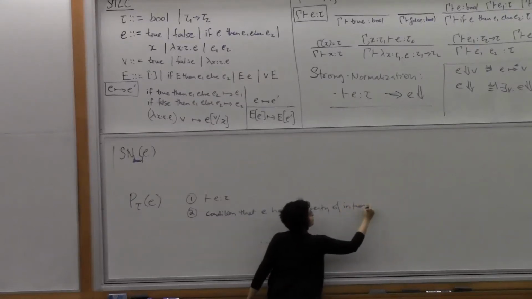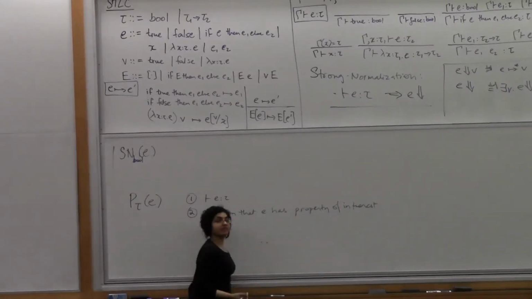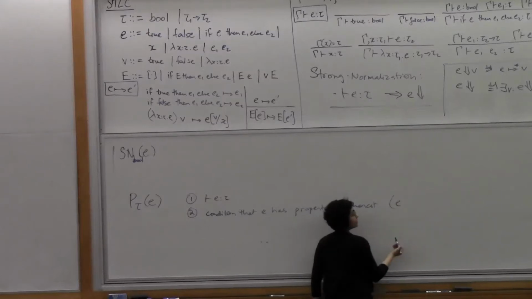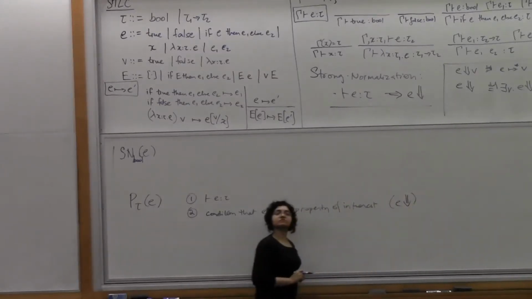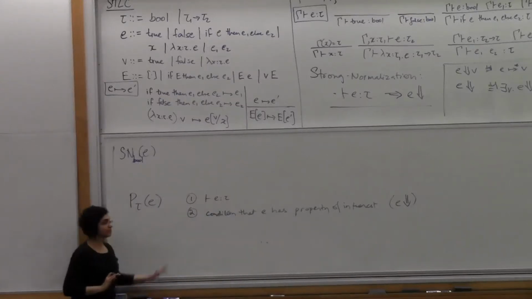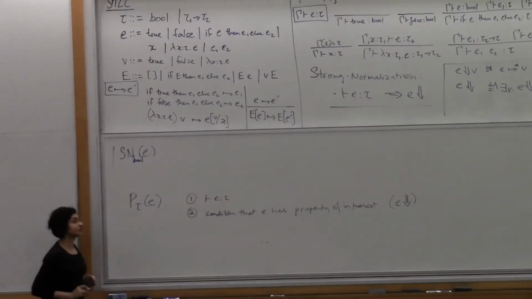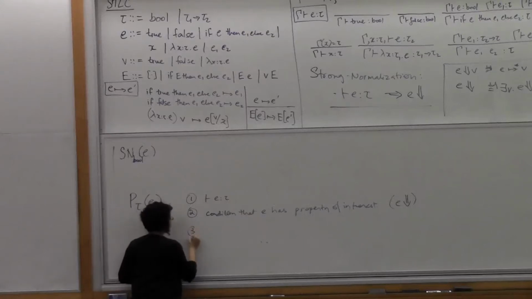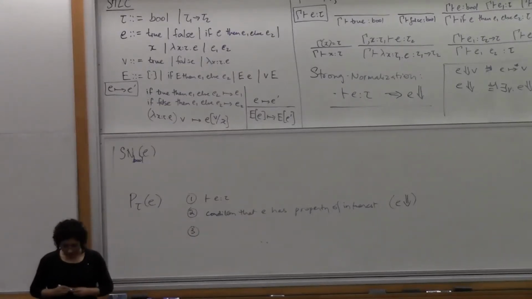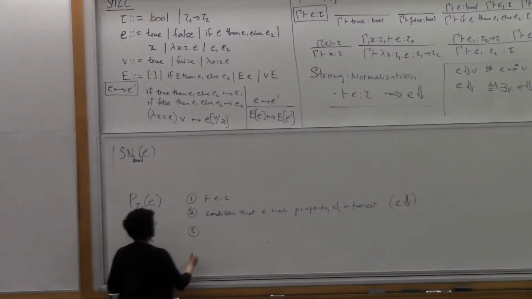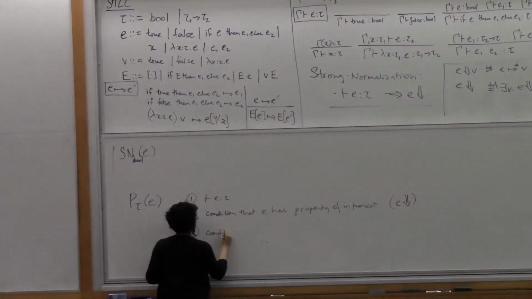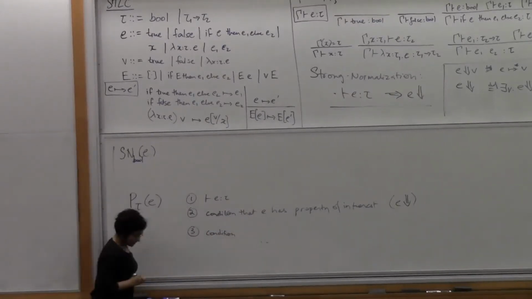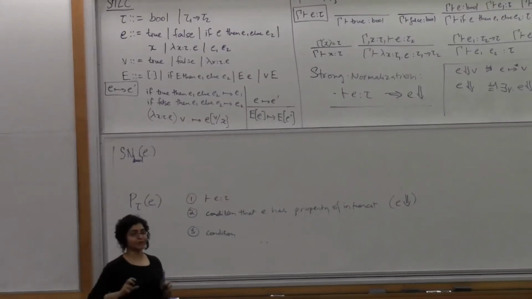In this case, the property of interest is that evaluation of E must terminate. That's the condition we're interested in. Okay, so let's just keep that in mind, and we'll go back and build the definition in a second. And then there's a third condition. So this condition basically says, this is the part where you need